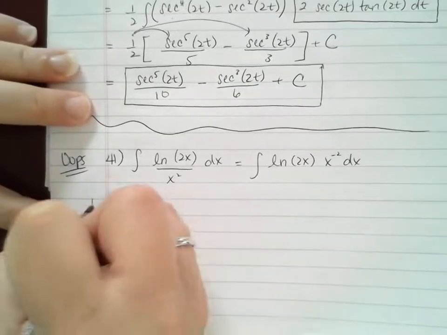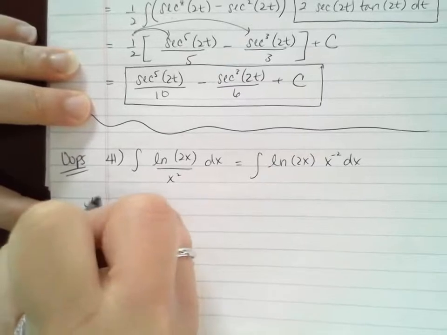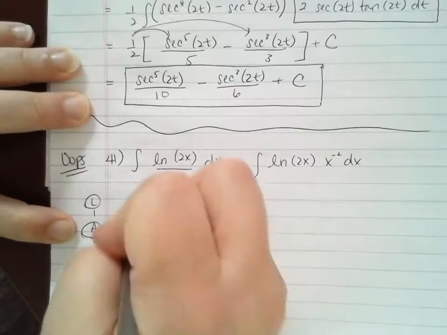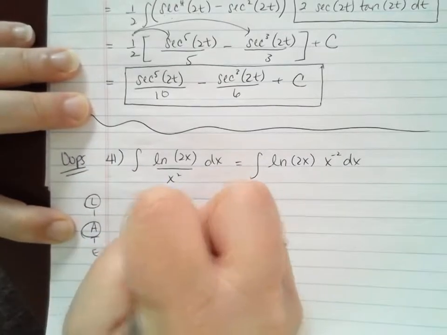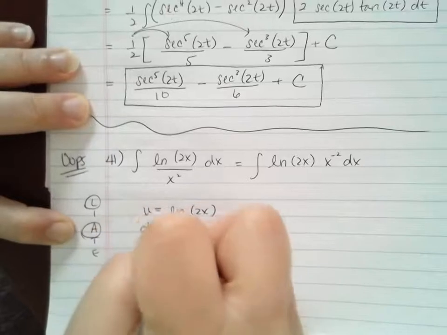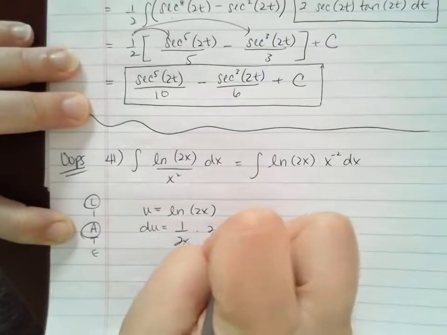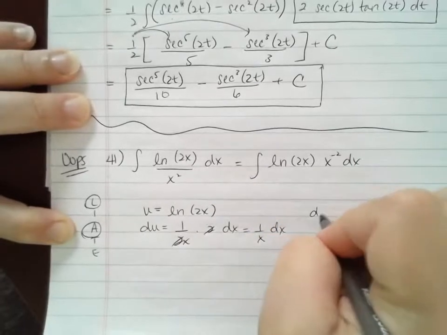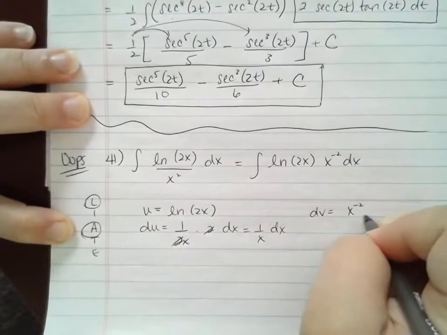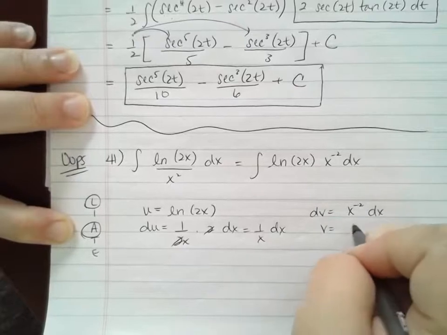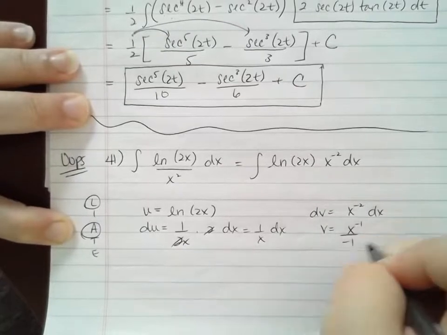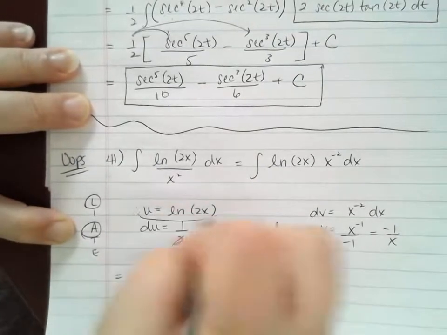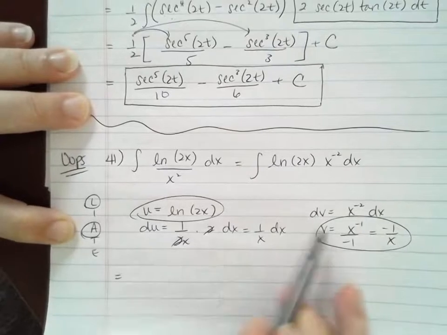So, according to LIATE, the natural log is going to be my u, and the algebraic term is going to be my dv. If u is equal to the natural log of 2x, then du is 1 over 2x times 2 dx, or, better yet, 1 over x dx. dv is x to the negative 2 dx, and its integral is going to be x to the negative 1 over negative 1, or, better yet, negative 1 over x. So when I put these together, I get uv